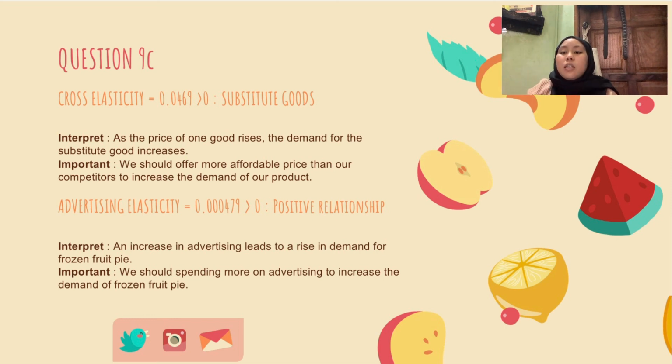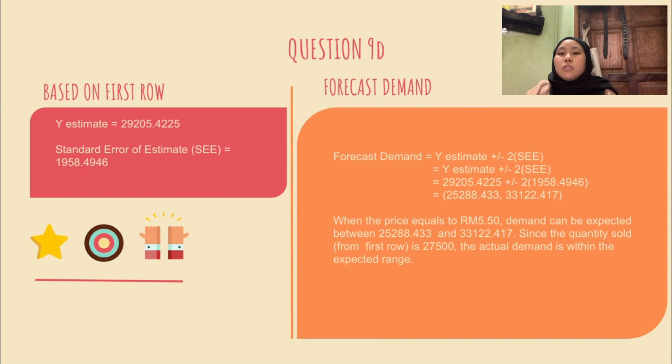Last, question 9d, which asks us to forecast the range of demand for our product. So our y hat is equal to 29205.4225 by substituting the values of Px, A, Py, M and N into the demand curve. And based on the regression statistics in question 4, our SEE is 1958.494582. To calculate the forecast of y, the formula is y hat plus minus 2 times SEE. 29205.4225 plus 2 times 1958.494582 equals